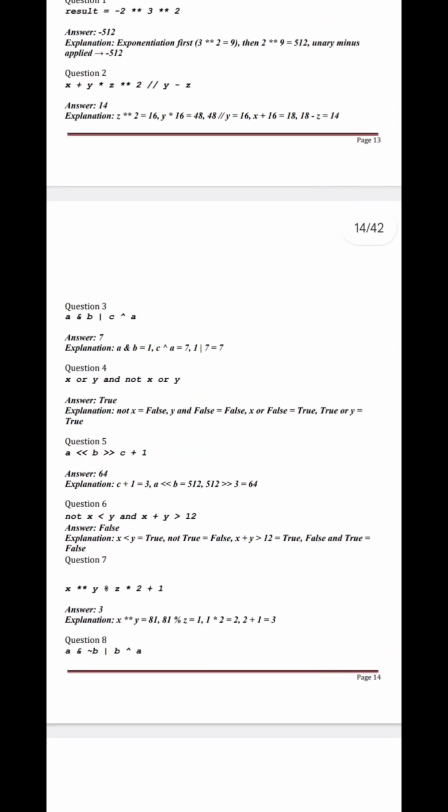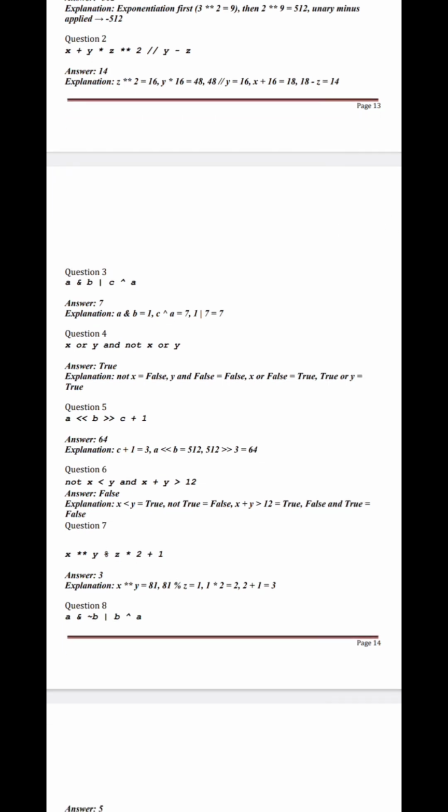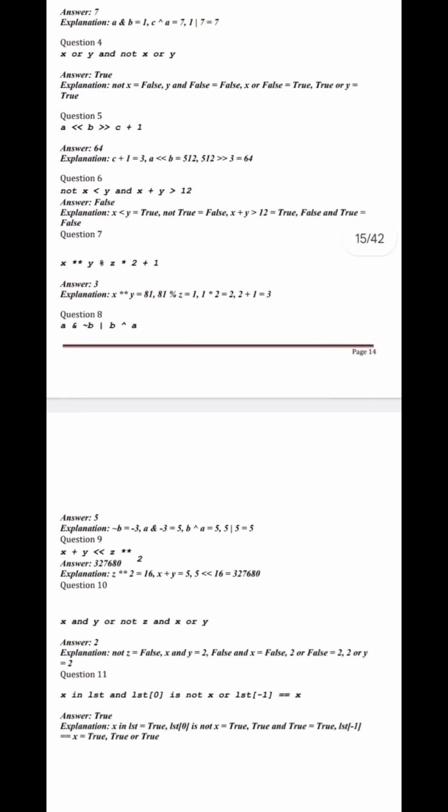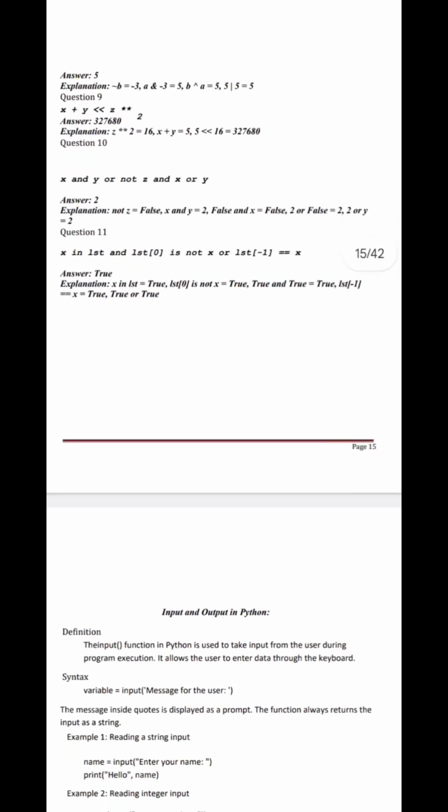Next is x plus y star z star star 2 slash y minus z, where star star represents the power, single star represents multiplication, slash represents division, and then addition and subtraction. You can all do these questions. I will cover this topic in